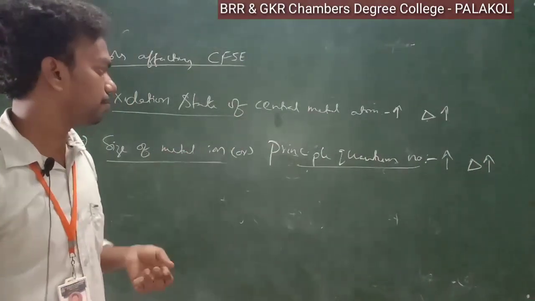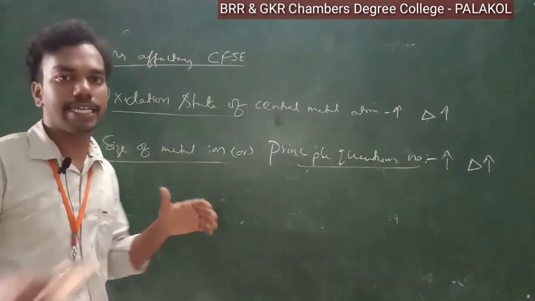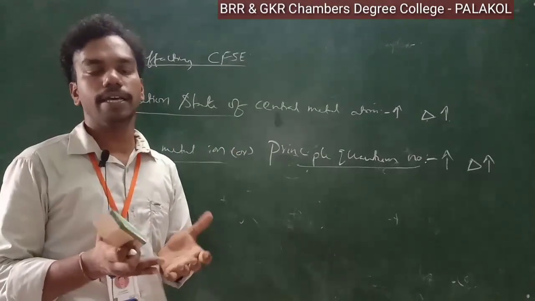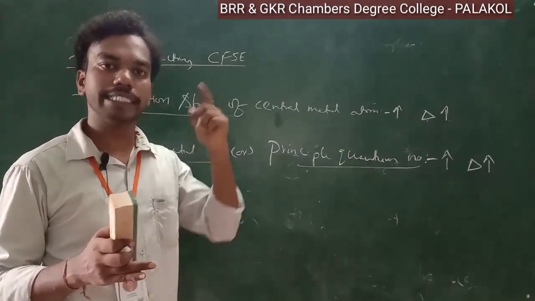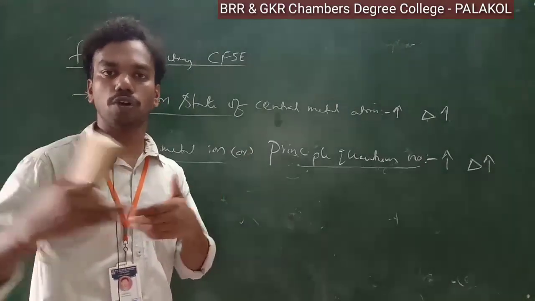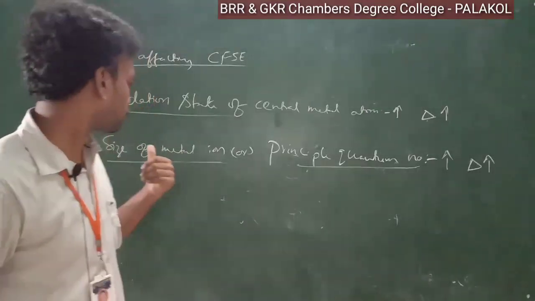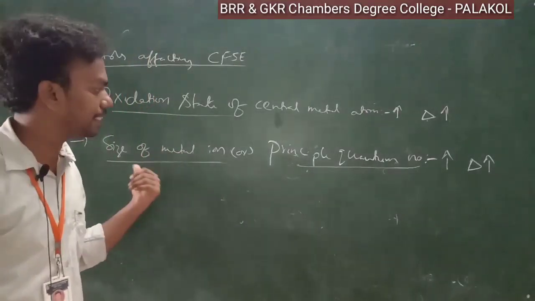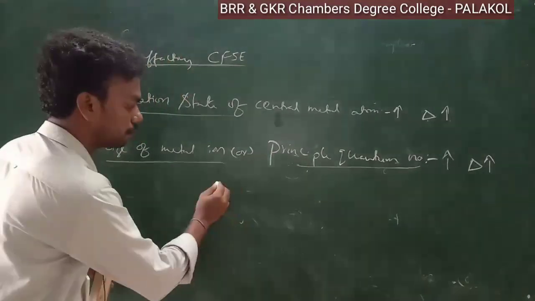Why? Because if the size of the metal ion increases, the area occupied by the d orbitals increases. Then the electrons present in those d orbitals will be repelled by the ligand orbitals more strongly. If there are more repulsions, the energy gap is more. So as the size of the metal ion increases, our principal quantum number increases, for example, cobalt,